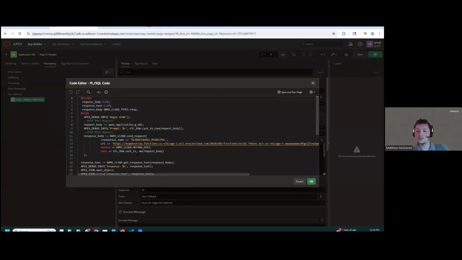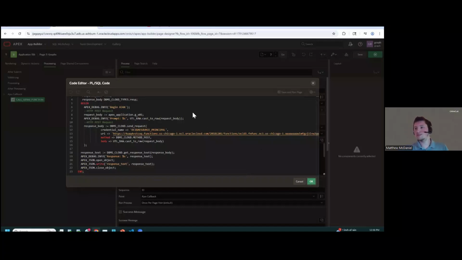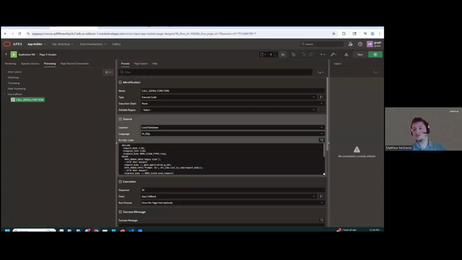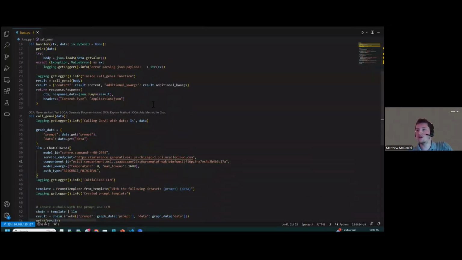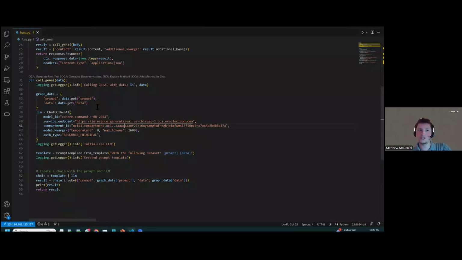And earlier I discussed how this was optional. You do not need to send it to a function. In fact, you could submit it here if you did not want to use, say, LangChain for actually orchestrating that communication. Once I submit that to my function, I will show you the function code. And the function code is very simple. All I'm doing